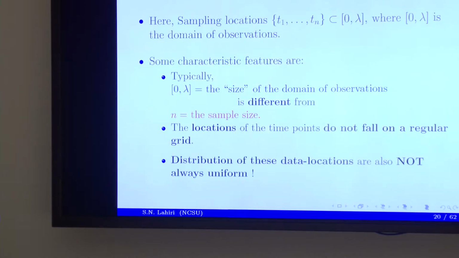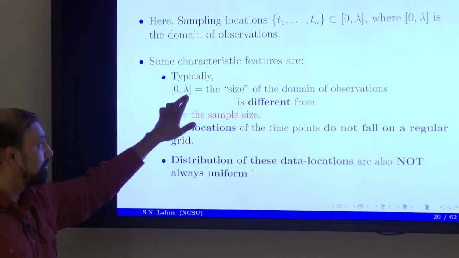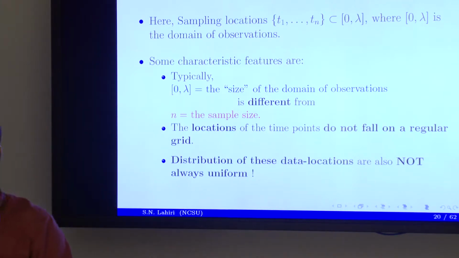Why does one care? At this stage, it is making things more complicated at the expense of making some of the final expressions simpler. It is possible you can consider the interval 0 to lambda in random variables taking values according to some density on 0 to lambda, and that would give you S1 through Sn. That is fine. All I am saying is that if I have this scaling property, I'll get final expressions that will not depend on these individual S1 through Sn. It will depend on their distribution only through the function f. That's the only reason.